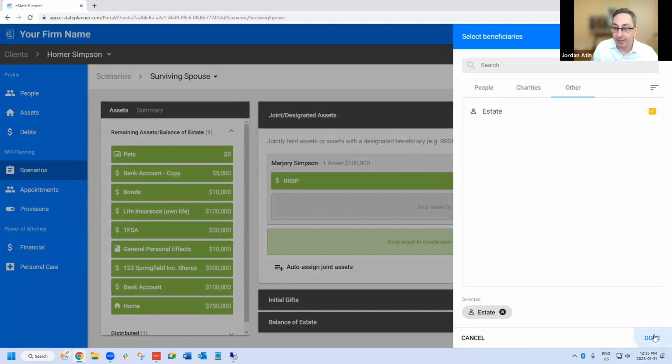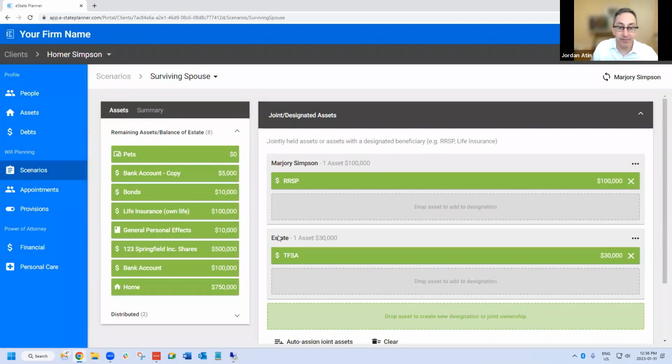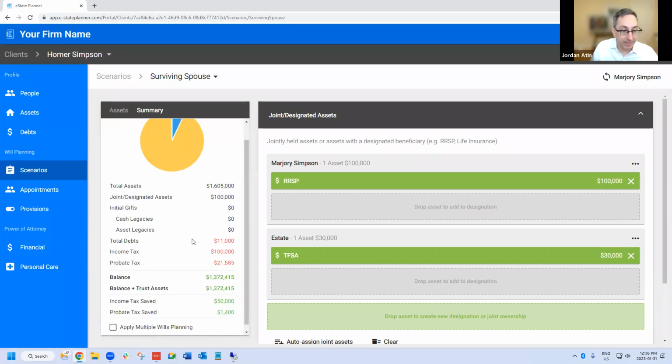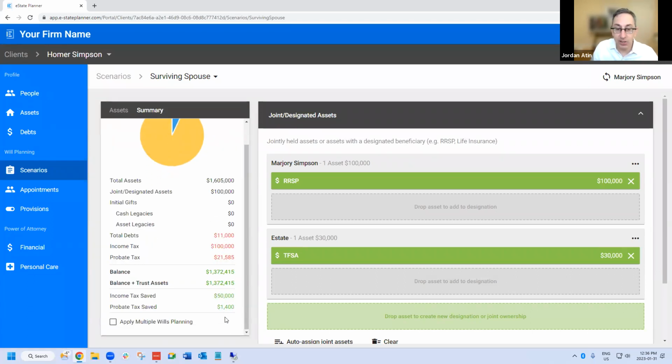If we click that, now the estate is the beneficiary of that $30,000 TFSA. The difference is that it knows we're not saving probate tax on that asset because we're designating the estate. So that's the interplay between the designation of beneficiaries, joint and designated assets, the summary, and the calculation of income tax and probate tax and those kinds of things.